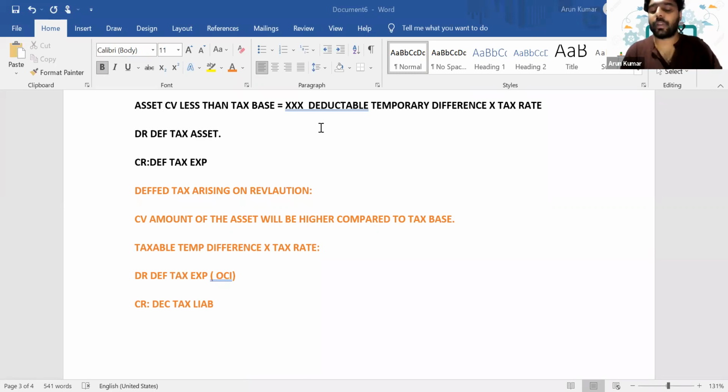Okay guys, we have only one standard left, the main standard, that is financial instruments. We have completed the other things. Since it's a bit lengthy standard and I can't complete it today, I will just give the recording for the financial instruments. It will get shared in the group. I will just share the link there. You can just go through it.